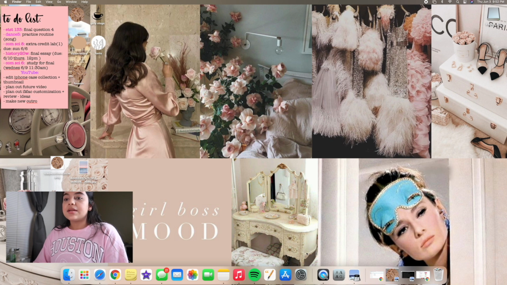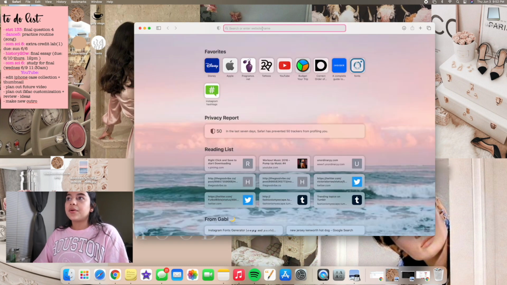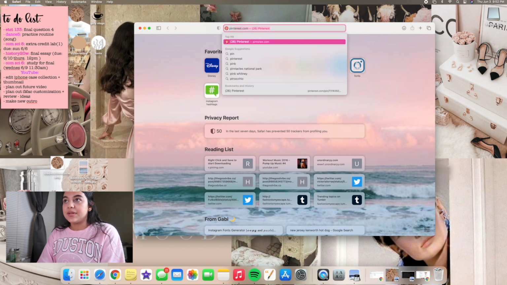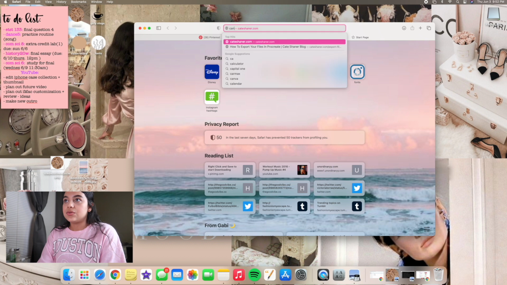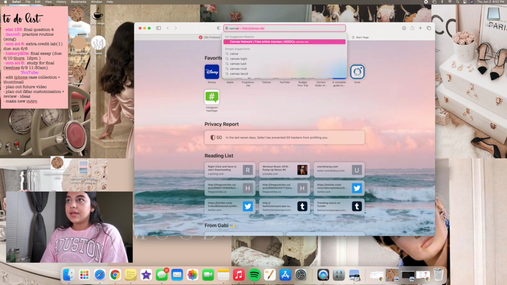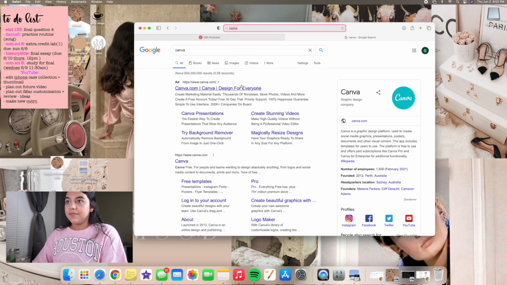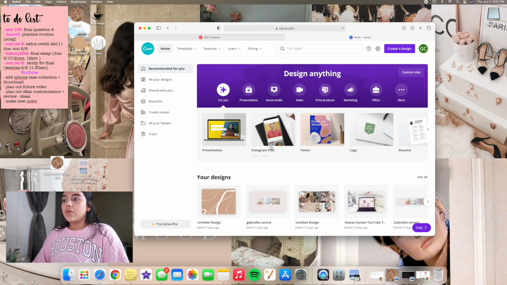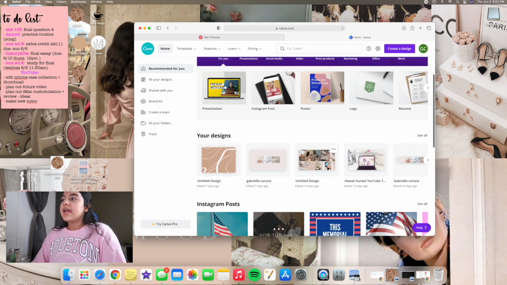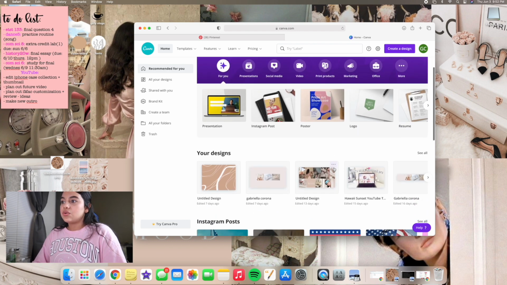And then the next thing that I'm gonna show you guys is how I created this wallpaper, and I created it from Canva. So pretty much what you're gonna do is go onto either Safari or Google Chrome and go onto the website Pinterest, and then go onto another tab and go onto the website called Canva. Canva, not Canvas, canva.com. I will have that link in my description box. Then you're gonna go ahead and create an account, or just log into your normal account, and you are going to